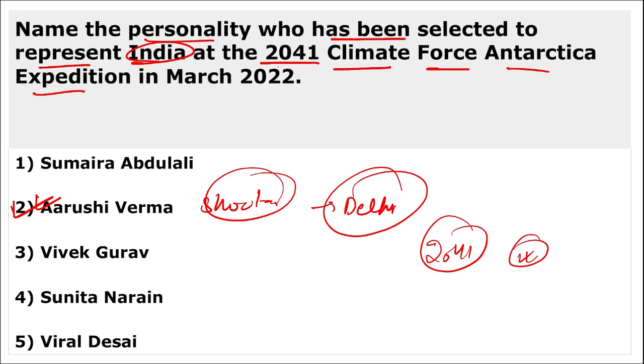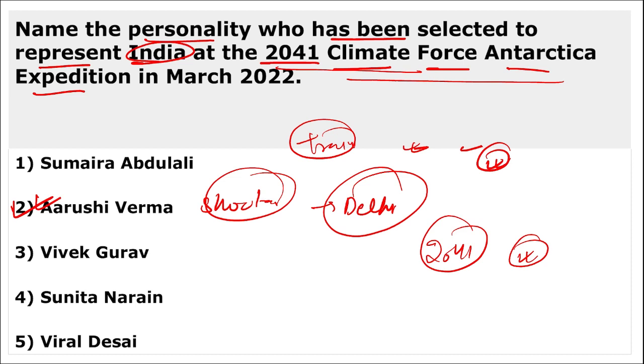Alright, if we are talking about this 2041 Climate Force Antarctica Expedition, it is a global initiative to train and develop the next generation of sustainability champions and to help corporations with their sustainability solutions so that they can help protect the environment. Tell me, according to UNCTAD, what is the projected GDP growth rate for India for the fiscal year 2022? It is